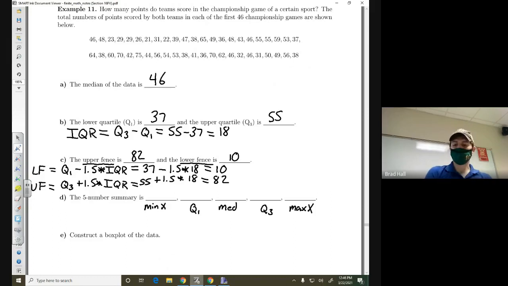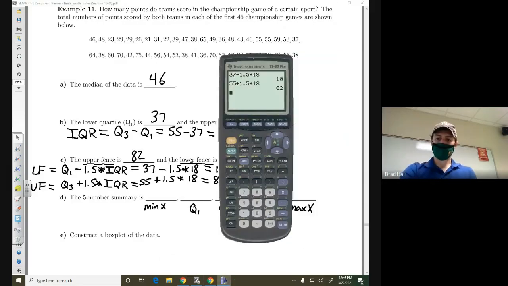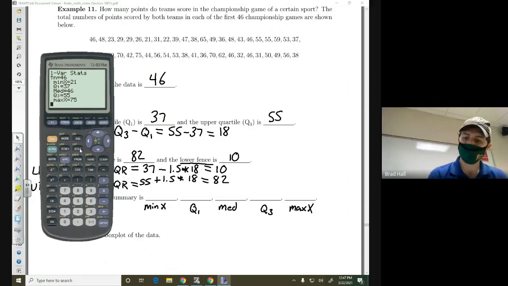Now the reason I wrote perhaps min X and max X is because if you did anything with the calculator, you're going to have to calculate it again. Doesn't mean you have to type in the values again. You just have to go back to one variable stats